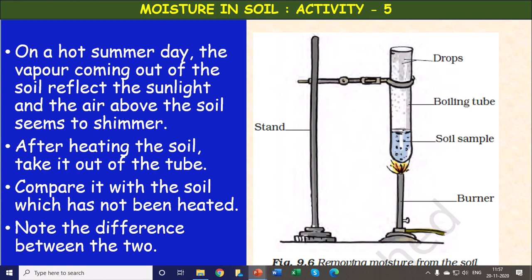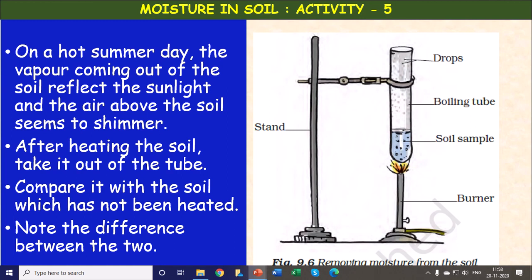Because of the particles of the soil in the texture we have studied, the soil with more clay particles compared to sand particles can retain more moisture than the soil with more sand particles. Why? Because in the soil with sand particles there are more spaces, but the water cannot be retained. Whereas the soil with more clay particles, they are closely arranged, small gaps are present, and those gaps hold the water, isn't it?